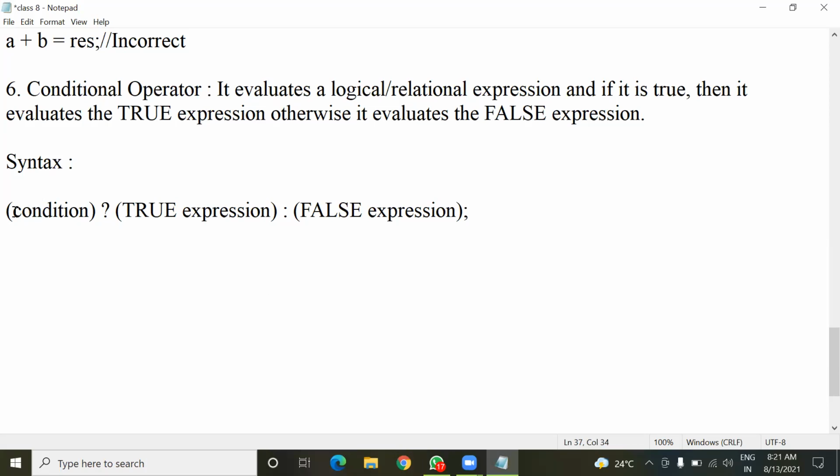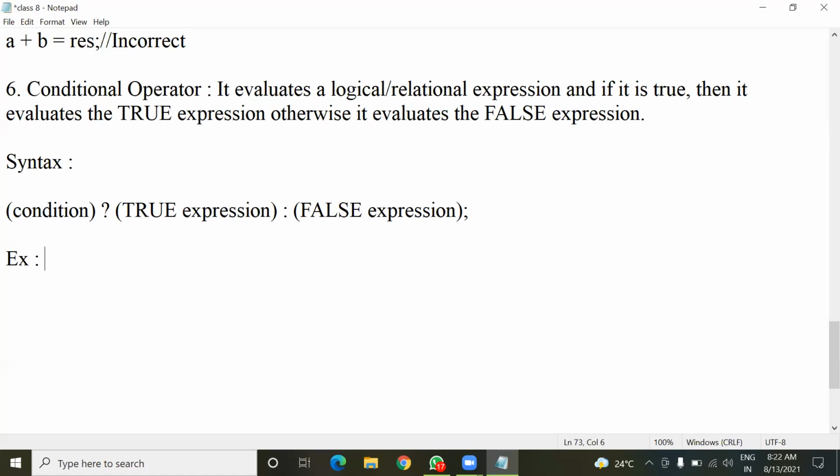First a condition is provided, then this question mark is used, and if this condition is true, then the true expression will be evaluated. But if this condition is false, then this false expression will be evaluated. So better to see this with an example.